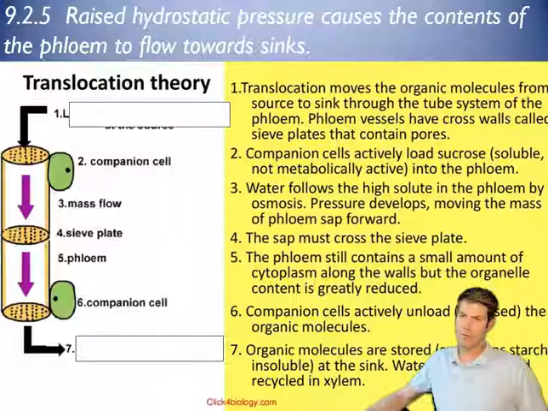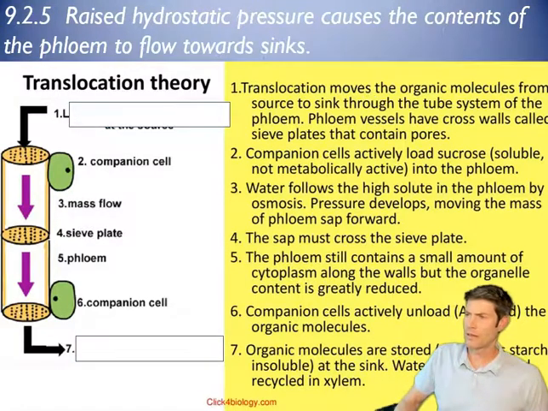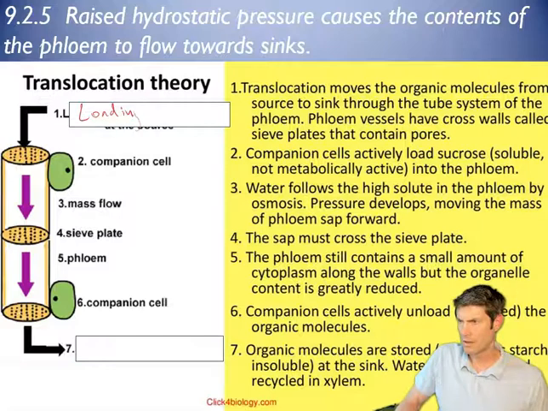Turgor pressure is like if you blow up a balloon, it stops being floppy and starts getting firm. So the phloem now, because we have that high pressure in the source area in that phloem, we're now going to be translocating that phloem with the sugars down towards the sink. So we load. So loading sucrose and some amino acids from the source,